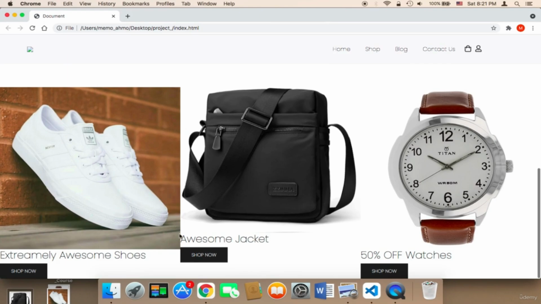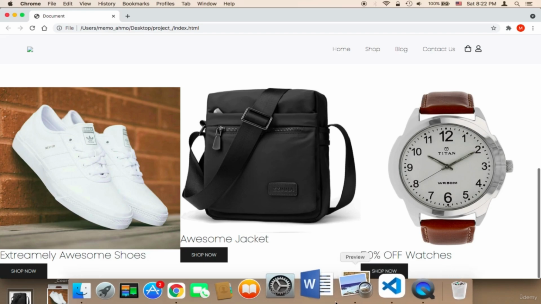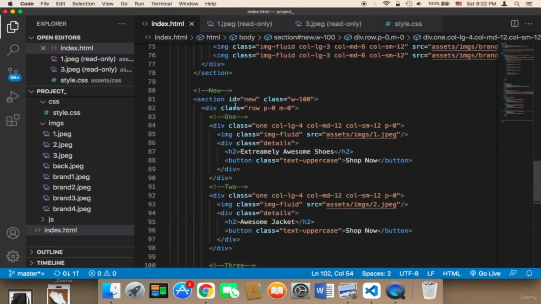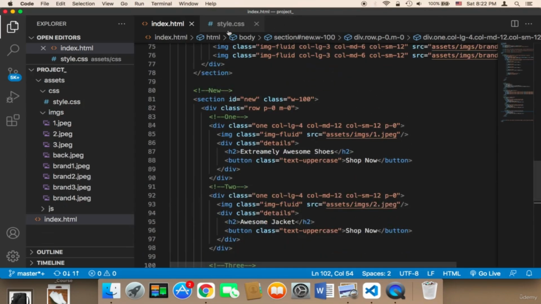However, we still need to work on the size because some images might be greater than others. Therefore, we need to work on the design of these images. So what I'm going to do is head on over to CSS and work on the design of these images. First of all, I'm going to work on the new section. Remember, we have here this new section. In the HTML, we have this new ID. So in the CSS, in the style.css,